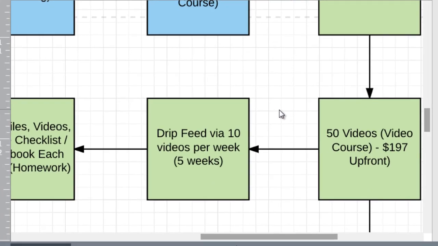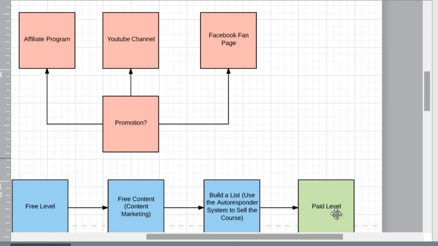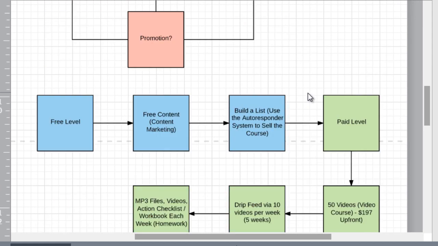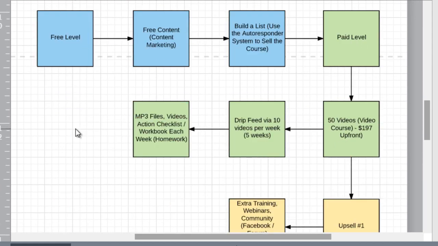Okay, so now, as you can see, I'm going to zoom in a little bit. You can see that we have essentially set up a blueprint. And of course, we can add to this as we go, but this is the general thing that you want to have in hand. Now you can see, okay, I've got a free level, free content, marketing, I've got to build a list. Now, obviously, inside of these, you're going to need to figure out, okay, what autoresponder am I going to use? What kind of content am I going to use? Who am I going to hire? You obviously can add more detail into it later on, but now you have a game plan.